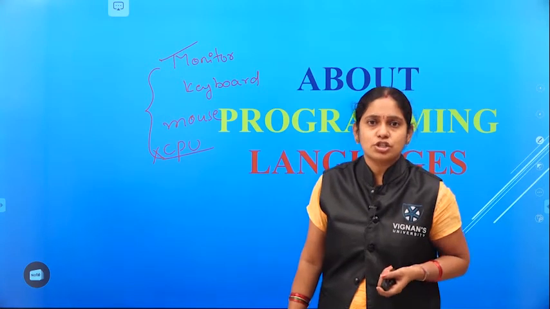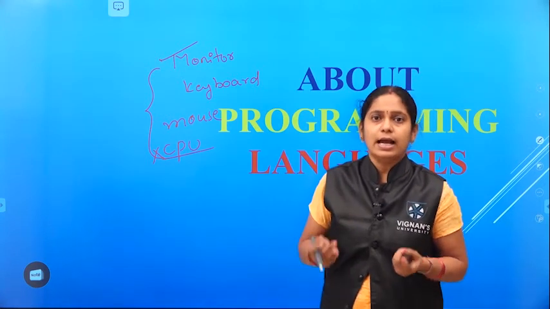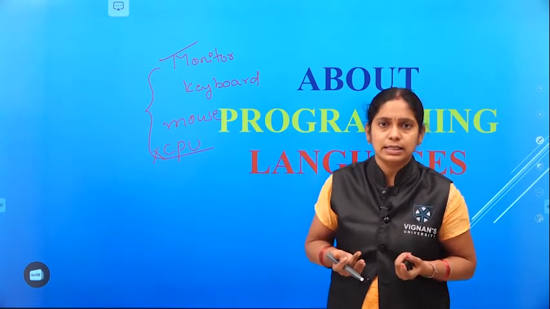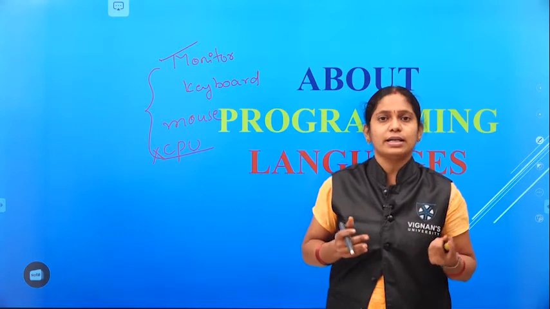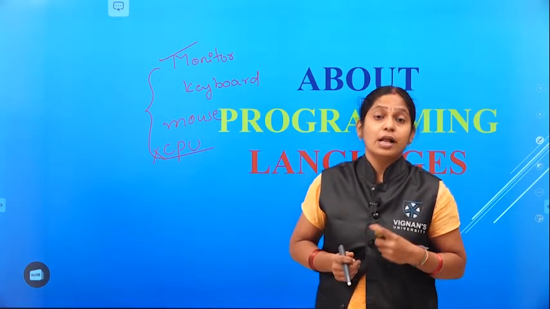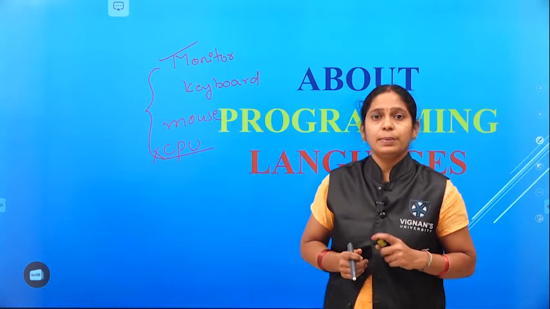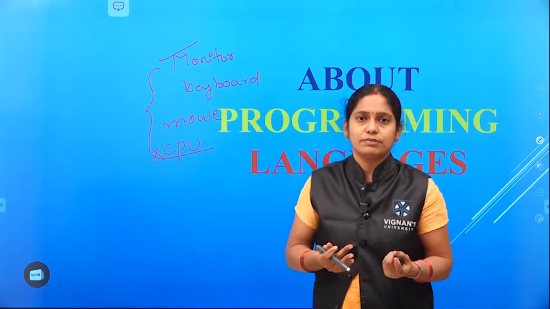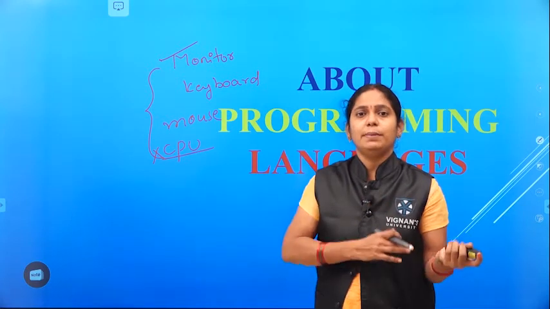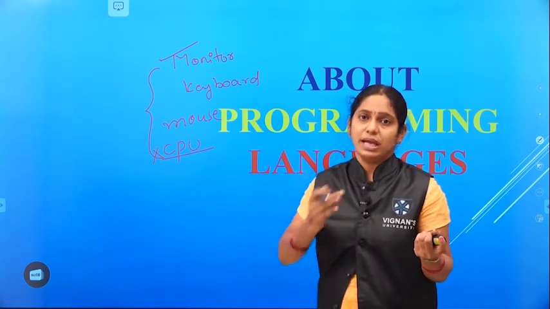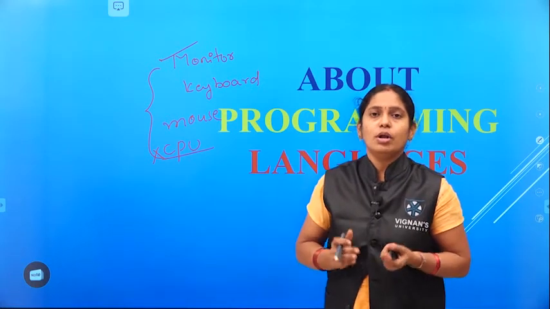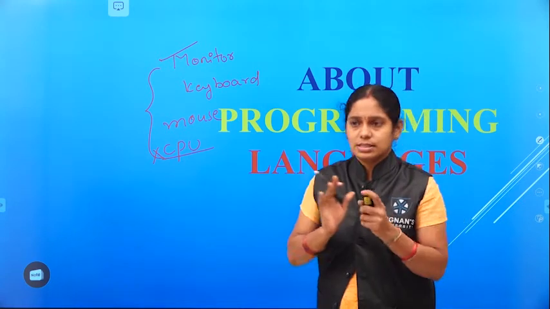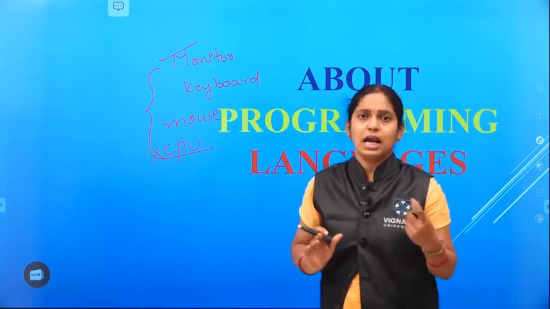If we give some instructions to a computer, it processes them and the result will be displayed to the user. How can we see that output? Using the monitor only. So the monitor comes under the output devices. The printer is also one of the output devices. Whatever page we want to print will come out from the printer. So the printer is also an output device. This brief introduction we saw in our previous session.